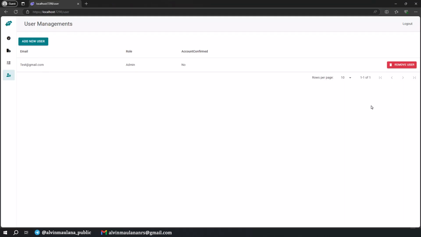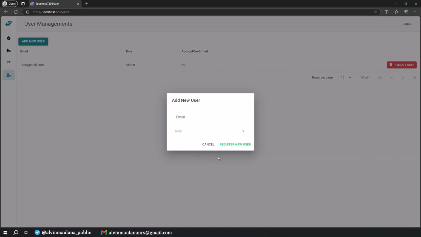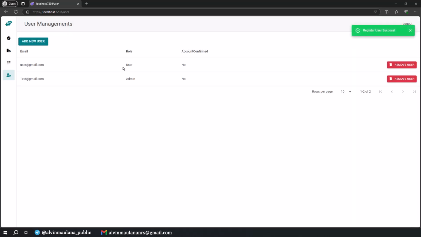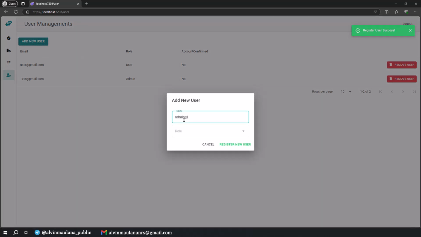Okay, now in our user management we are able to add a new user. There is a new dialog showing. We can just put user@gmail.com, and the role should be user, and try to register. Now we have a new user, and let's add admin@gmail.com.